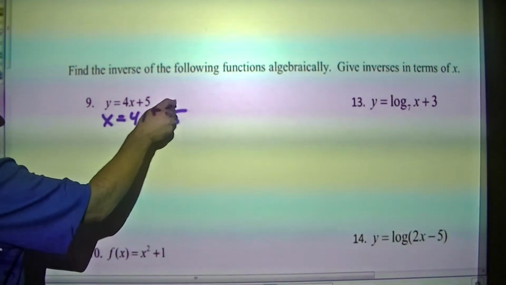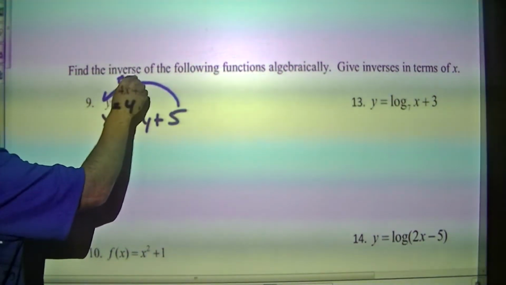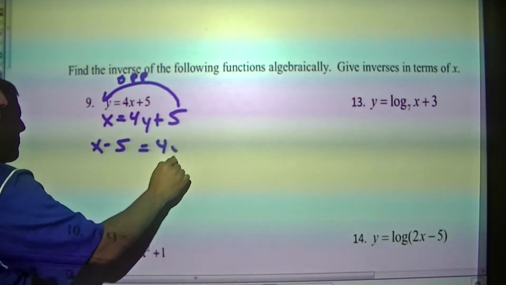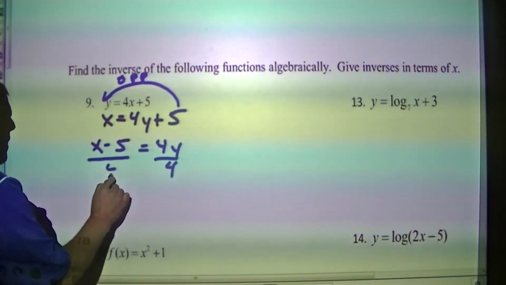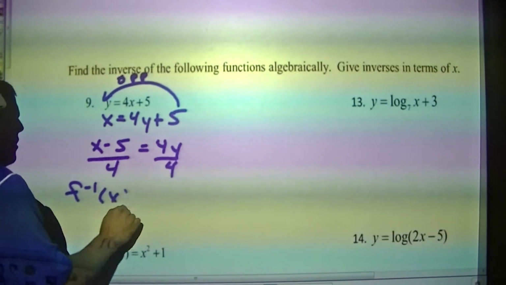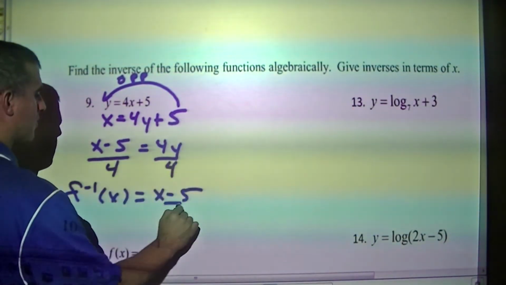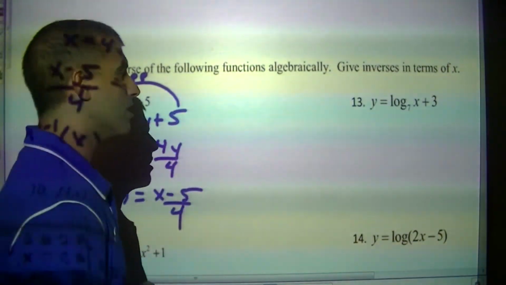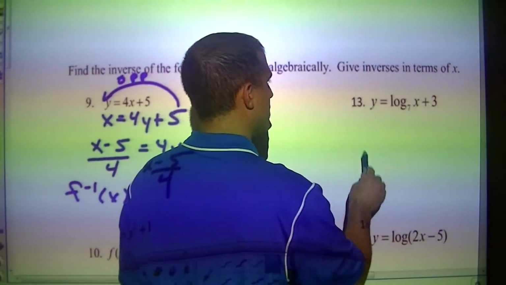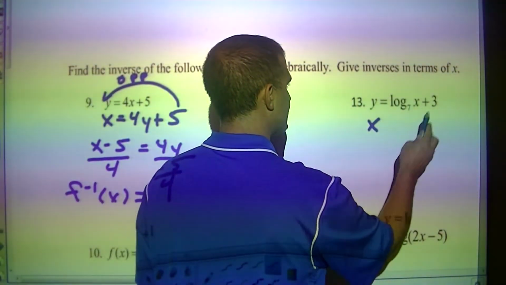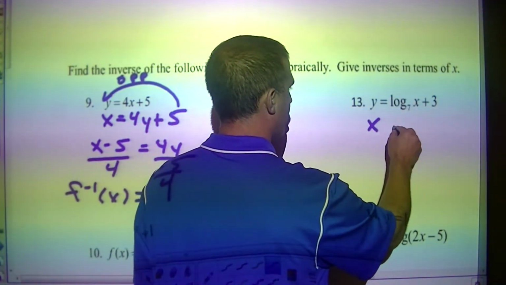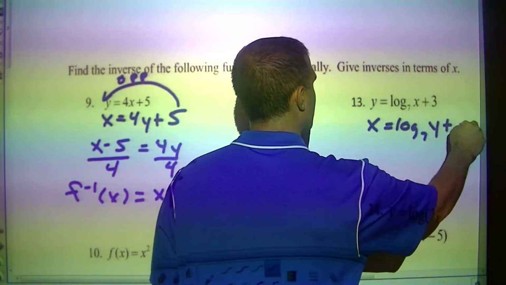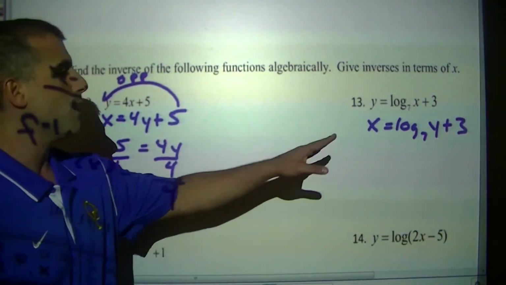So what we're going to do is 5 is going to move over here, and you're going to do it the opposite. So that's going to be x minus 5. Those do not combine. I'm going to divide everything by 4. So my inverse is x minus 5 all divided by 4. Okay, that's the symbol for inverse. For log, all right, what you want to do is switch x and y first. Okay, now log is going to be a little bit different because